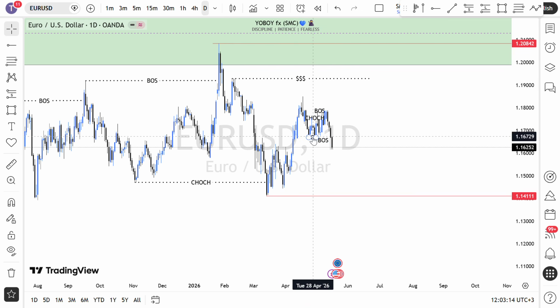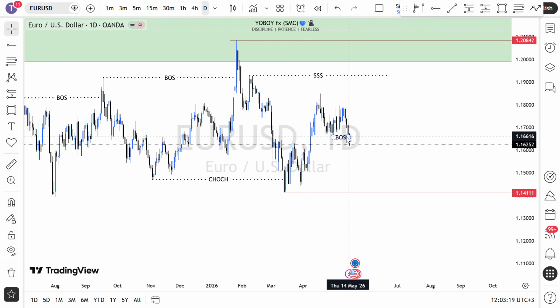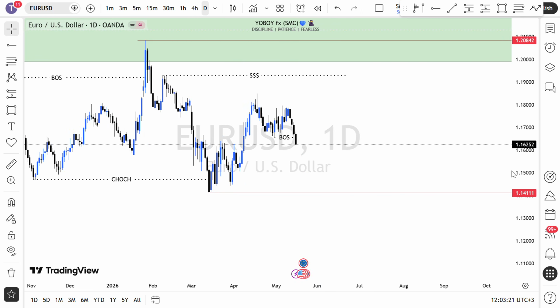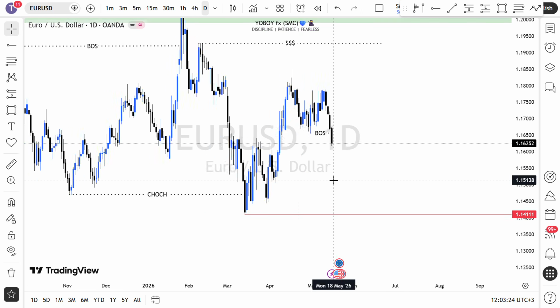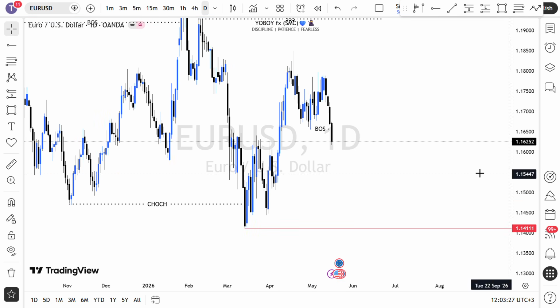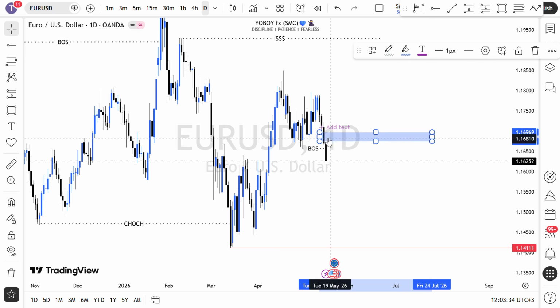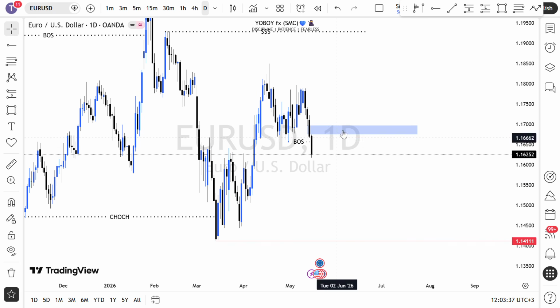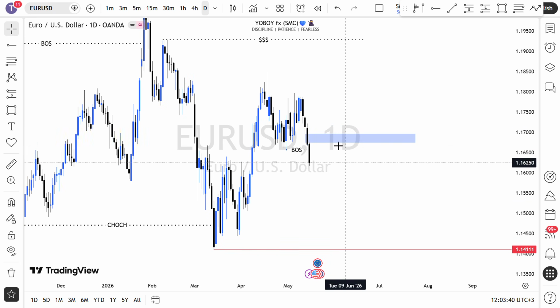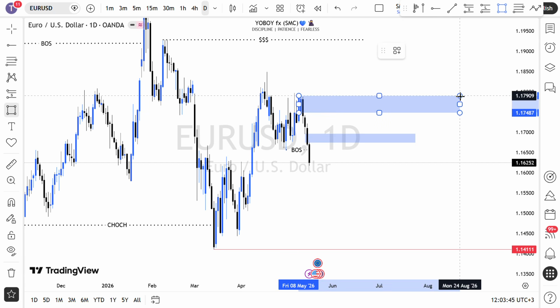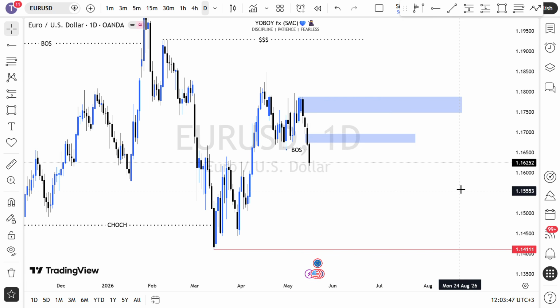So let me clear this to have my chart very clear. So price formed this break of structure, and as always, we expect a pullback before the market moves even lower. And if price would like to have that pullback, we have this fair value gap here. I think price must look to come into this fair value gap before having that reaction to the downside. So we have this as the first point of interest, and then I have this order block up here as the second point of interest. That is inside the daily time frame.